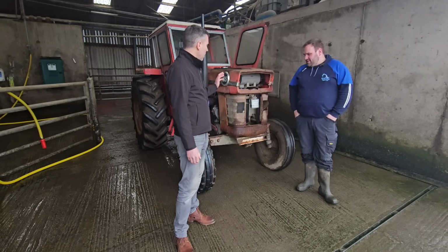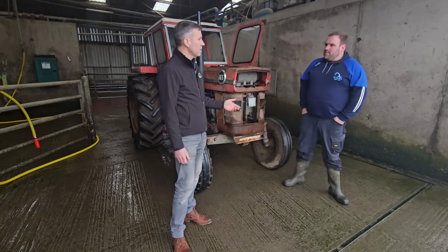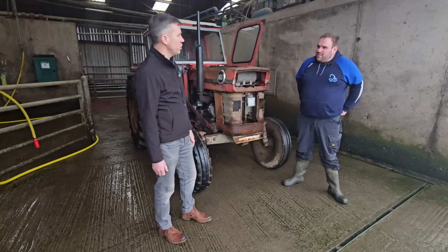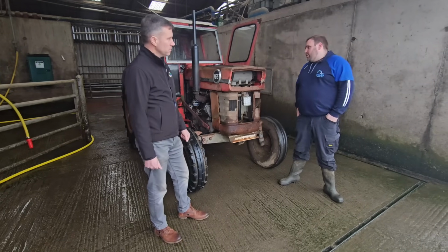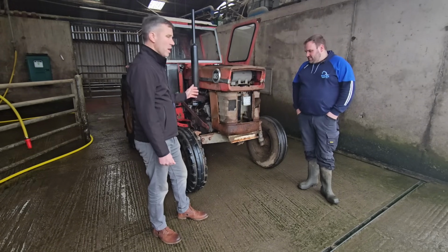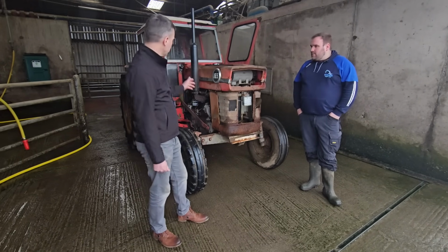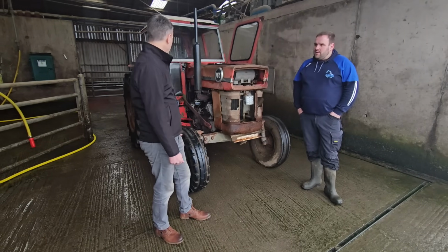Anyway, I actually remember this tractor from when I was a child, because my uncle was a stockman here on the farm with you for I don't know how many years. Probably 20 or 30 or 40 years, and it would have been your grandfather that bought this new in 76? This one was the Flexi cab, and we got it in 76, and we got the Duncan cab in 78. 78, so right. Two of them bought from you there, from Malone's. Okay, yeah, well, it came from Malone's, the Massey Ferguson dealer in Navan at the time. It is a Mark III. It has the wet brakes, it has no Multi-Power, and as you can see from the exhaust stack on the right hand side, it has the 212 engine. But as it is, it's